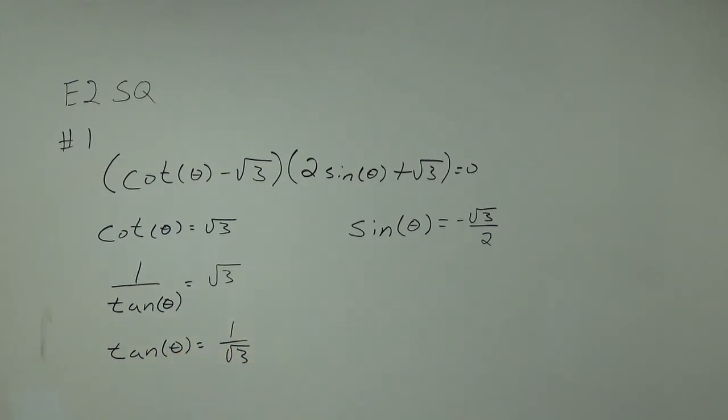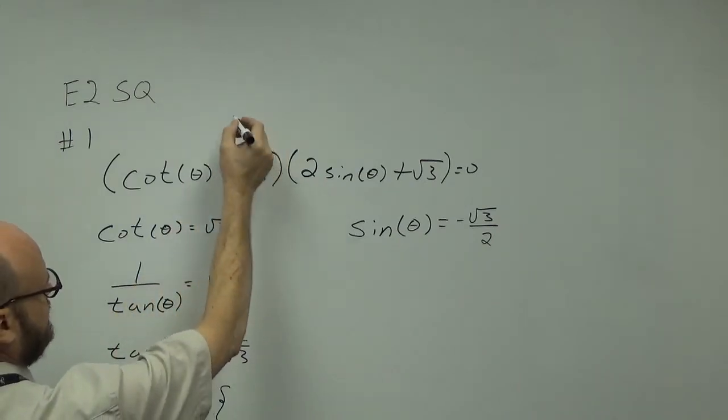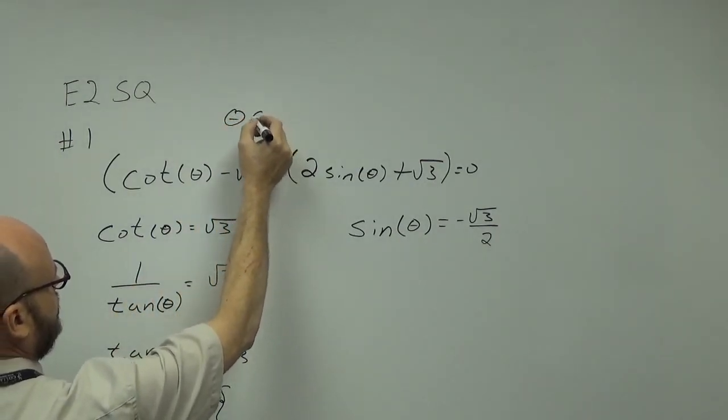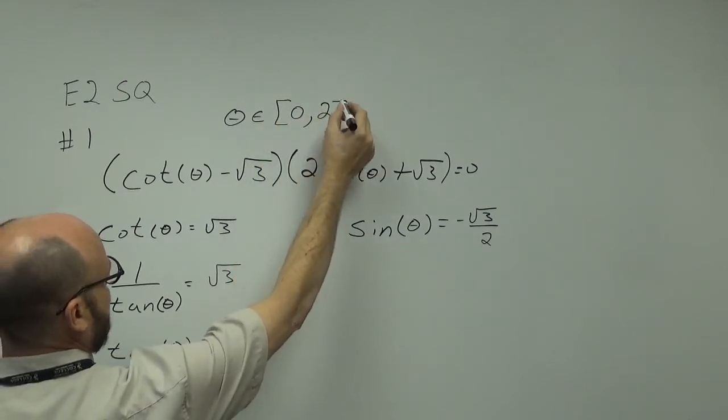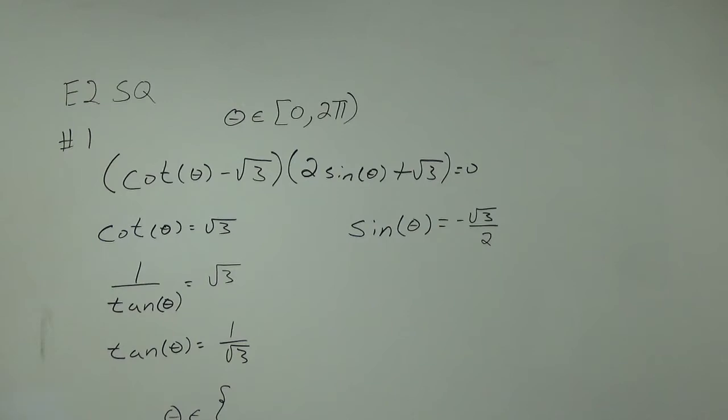Now I want to know, where does tangent of theta equal 1 over square root of 3 on the unit circle? Because we're solving these, the instructions, I didn't write that here, but we're assuming theta is on the interval from 0 to 2 pi not included, so that we're not repeating our answer for 0. But anyway, so we know,